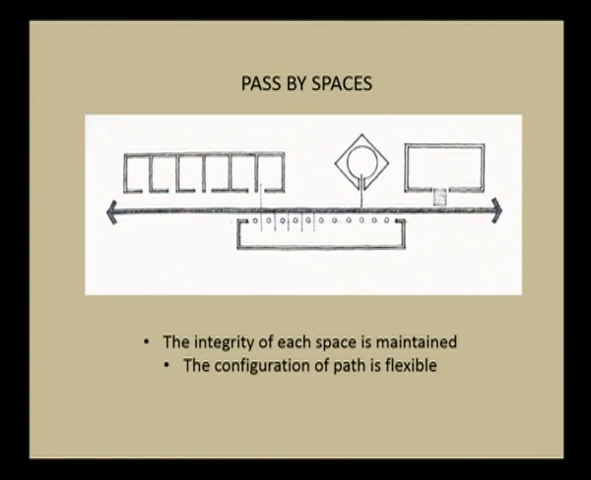First, the path can pass by the spaces without getting into the spaces. It can be separate by itself, to which various spaces are attached. In this case, the integrity of each space is maintained. That means it is not disturbed. The configuration of path is actually flexible. It can be straight, it can be spiral as seen before, without affecting the actual buildings or spaces that it